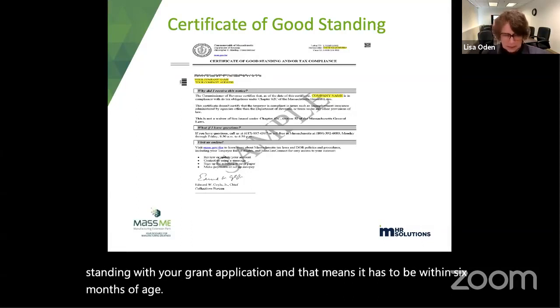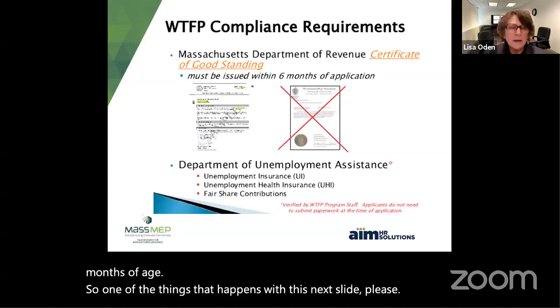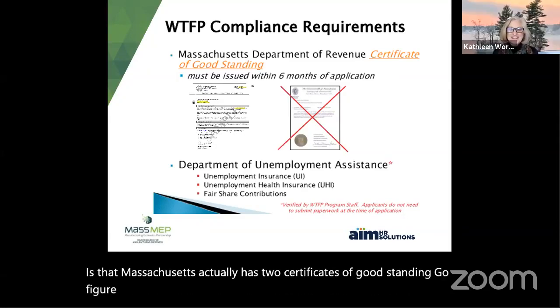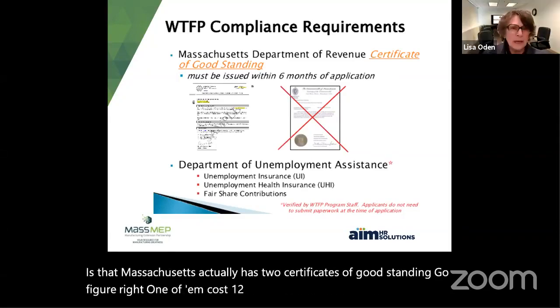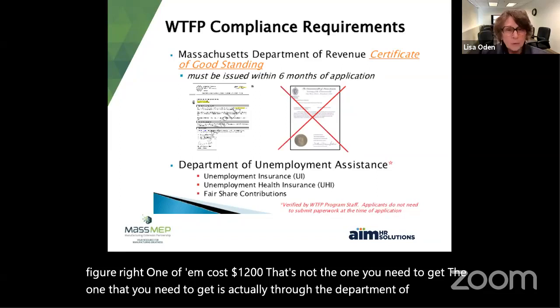So one of the things that happens with this, next slide, please, is that Massachusetts actually has 2 certificates of good standing. Go figure, right? One of them costs $12. That's not the one you need to get. The one that you need to get is actually through the Department of Revenue, and it is absolutely free.